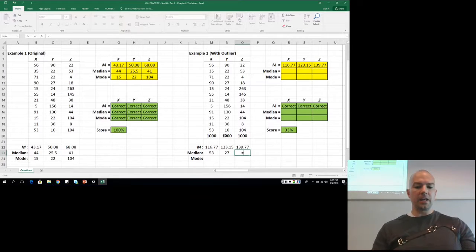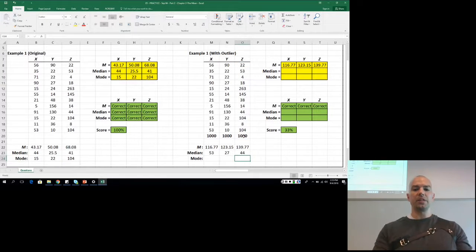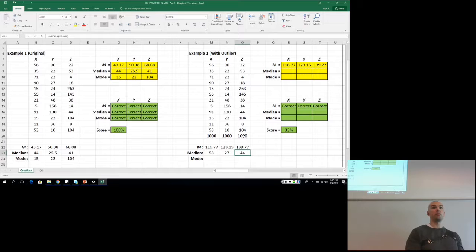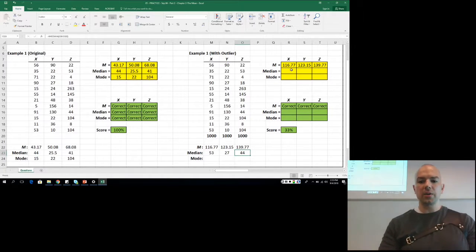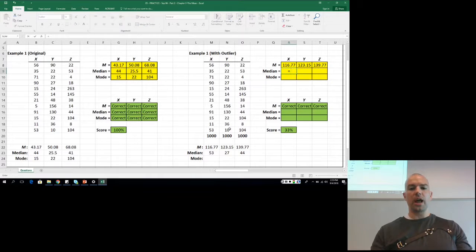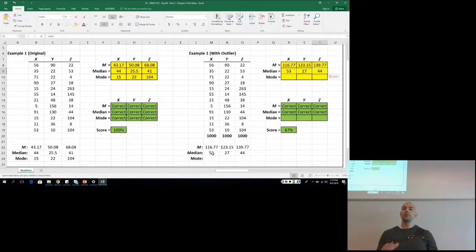And then finally, median for the z-scores, for all of them now, including 1,000. And we see that the median for z-scores has gone from 41 to 44. So if you wanted an accurate or a representative score for this new distribution, and we put those into the answer cells,